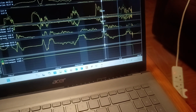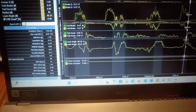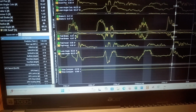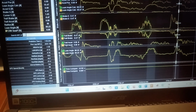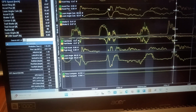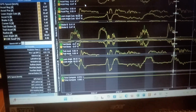So because you're 5k down, you're 6 degrees of lean down. Okay, so you can see now that we need speed to lean the bike. You can see the correlation between these things. By the way, you know, the boys are at 60 degrees of lean there, but they are still